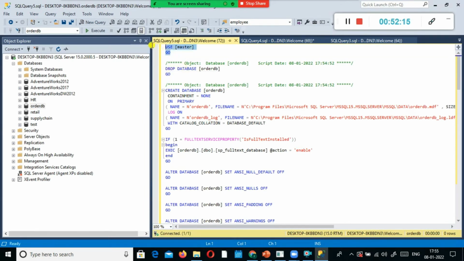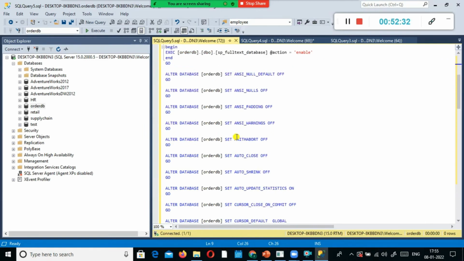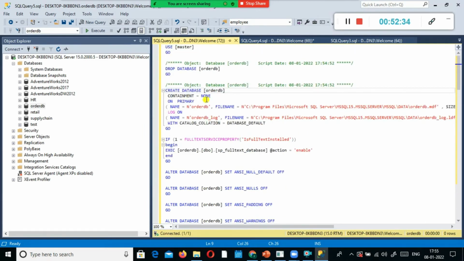Here what happens, use master go. By default, right, it uses master go, and then it creates the new database. It drops the database, and then it automatically generates the script for this, right? So on primary file name, you don't have to worry about all these things, because it's all the database administrator's job. In real time, you don't have to create the database.